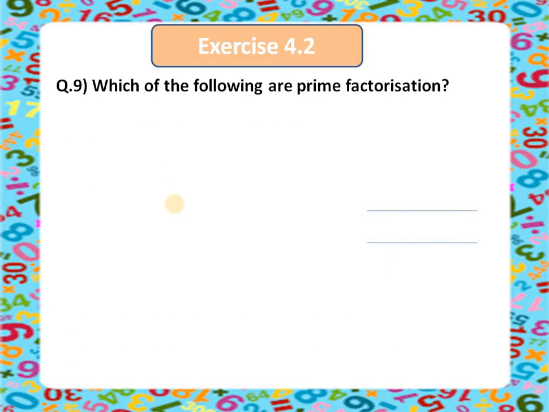On the basis of that, we are going to do B part. 54 is equal to 2 multiplied by 3 multiplied by 9. So children, if you look closely, the number 9 is given to you. It can be further factored. So 9 is not a prime number. That is why it is not the prime factorization. But still we are going to check it out as rough work.